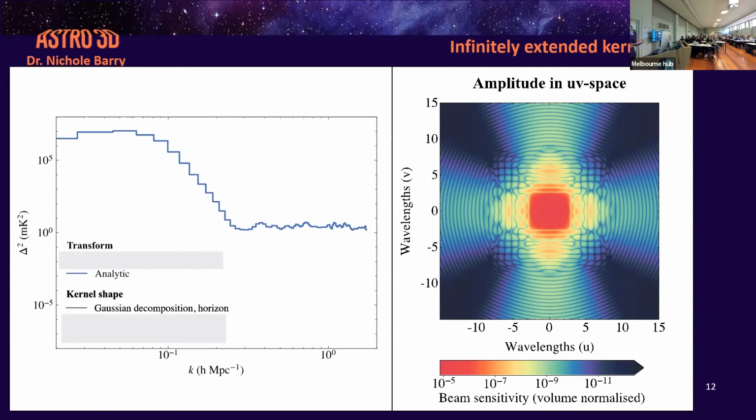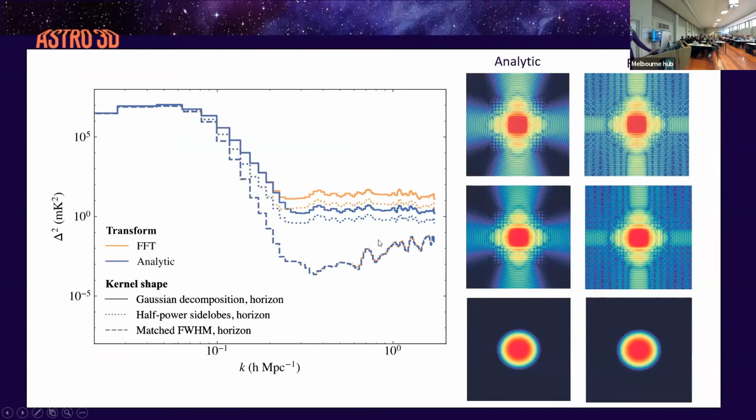So I can't represent this beam well at all, because I have to go out in infinity direction in Fourier space, and I can't. So I have to truncate it at some point, and no matter where I truncate it, it's so high that it causes contamination in this window. And this is roughly at the EOR level. And you can turn off certain aspects again of this Gaussian decomposition. I can do that. And you can see I have 3 different types of beams here on the right,